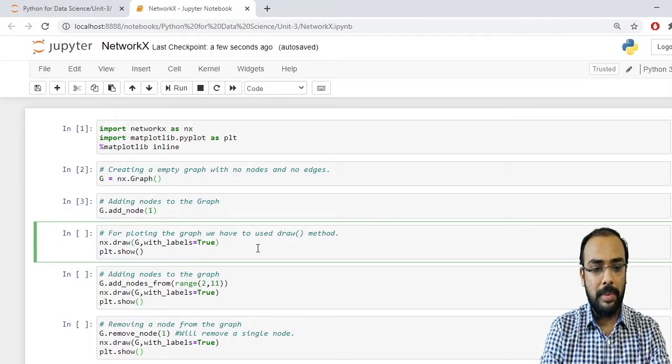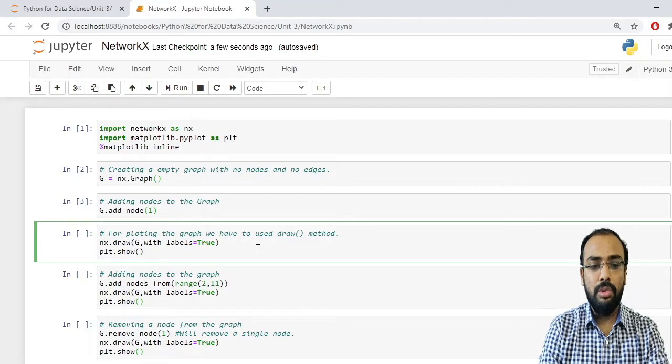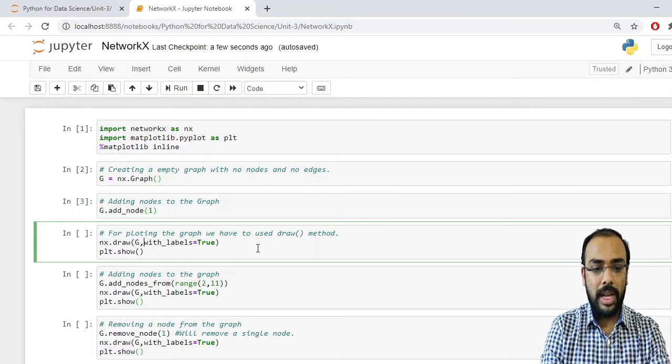The first parameter is your graph object, g, and the second parameter is with_labels equal to True. This parameter is optional. I have specified it because we want to show the label of our node, so we use the attribute with_labels and specify its value as True.